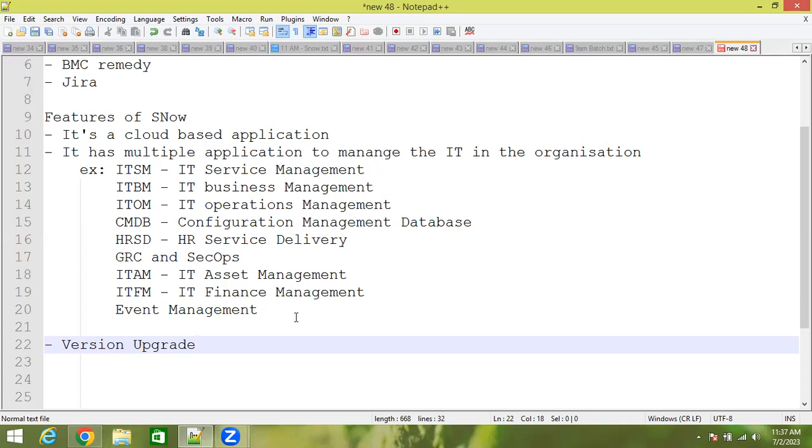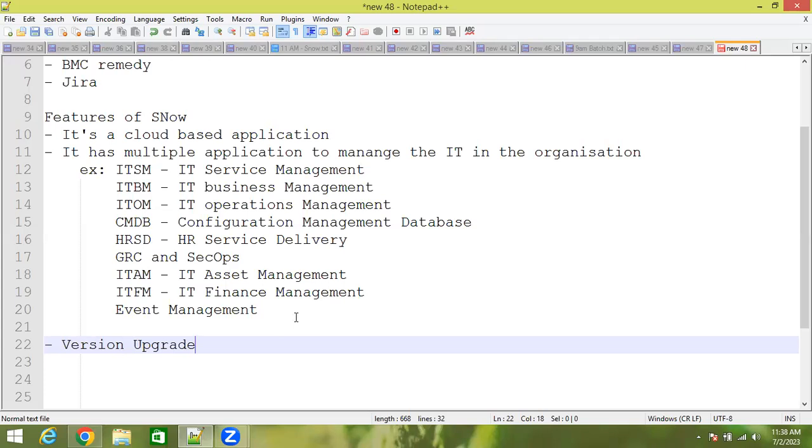Likewise, ServiceNow also upgrades its version every year in order to meet the requirements and standards of the customers, right? There are different versions which ServiceNow has had from the past till now.